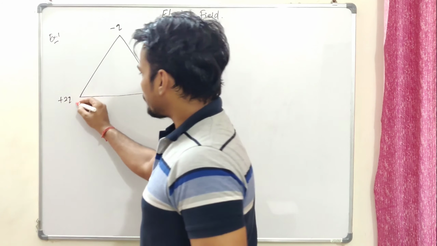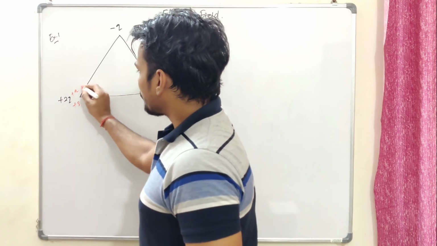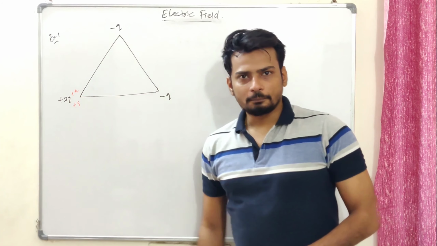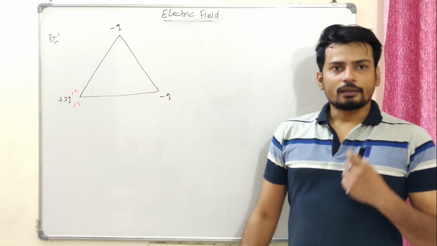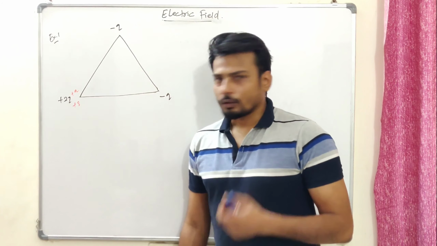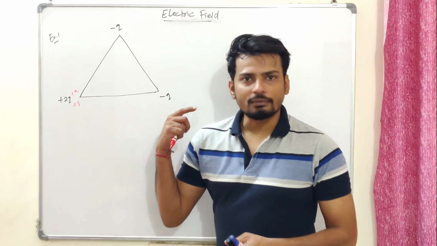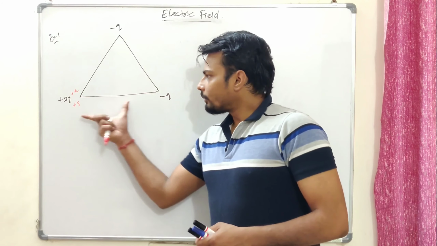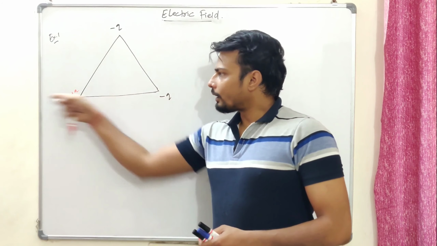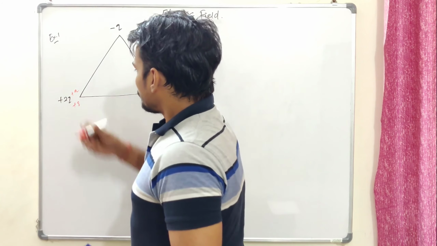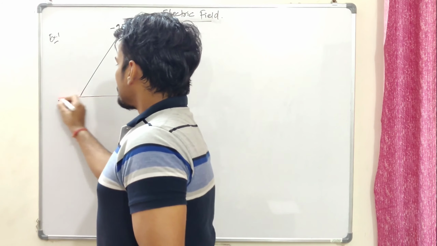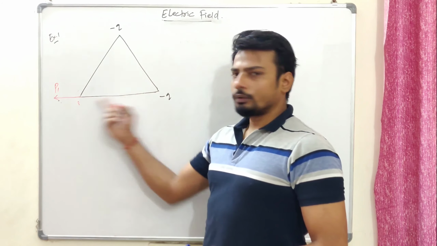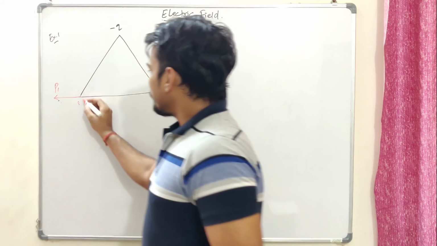So I'm just breaking this charge in plus q and plus q. I'm sure that's okay with all of you. So I'm going to have one dipole and I'm going to have one more dipole, right? So basically we have two dipoles over here. Now let us talk about the direction of dipole moment. We know the direction of dipole moment is from negative to the positive charge along that direction. So dipole moment because of this combination should be along this way, right? Okay, so if I just erase this up, so this is going to be, let's say, P1. P1 is because of this dipole. P2 should be along this way.